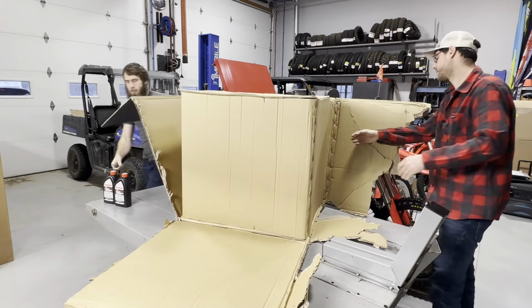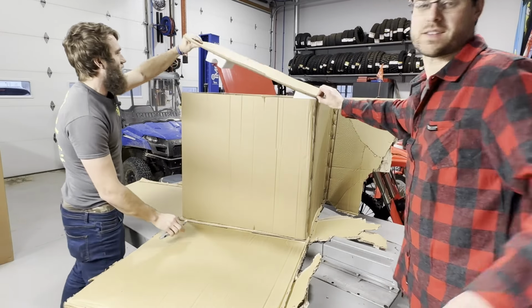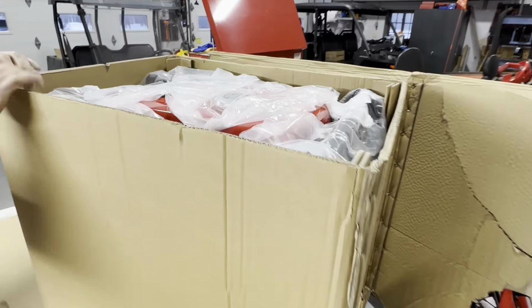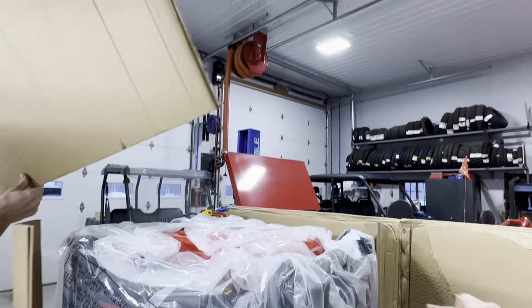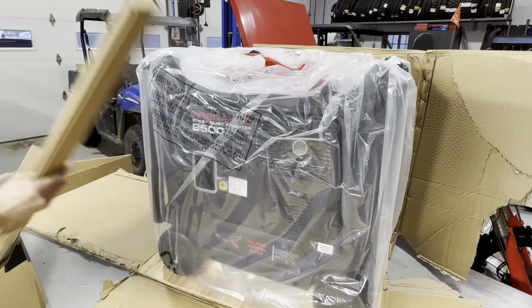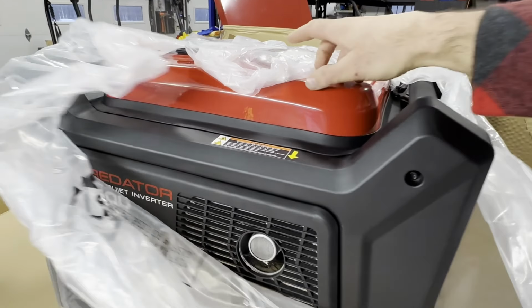Man, you'd think we'd be used to unboxing stuff on this channel by now, and all the new bikes. So let's pull this in real quick. Oh yeah, it's kind of a box within a box. Does that just pick right up off of there? I think so. Well, the packaging is pretty good, I would say. You did a pretty good job with it. Yeah, pretty durable. I don't know where these are made or where they come from, but